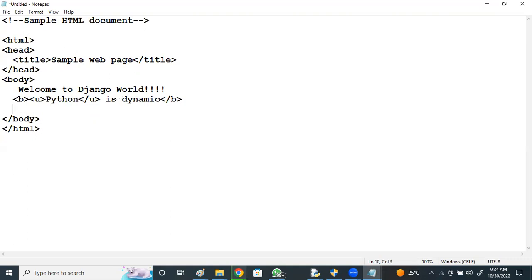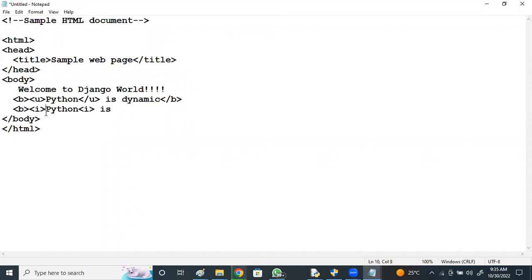Next, one more tag, the italic tag. Only Python I want in italic format, this time italic, is object oriented.